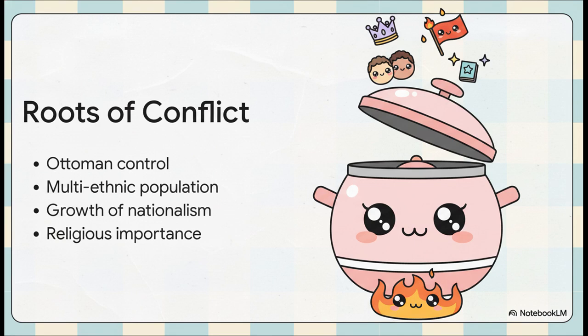We have an expansive territory under strict Ottoman control. We have a highly complex, multi-ethnic, and multi-religious demographic reality. We introduce the disruptive, accelerating force of nationalism demanding localized self-rule. And we center all of this compounding pressure squarely on Palestine and Jerusalem, a geographic focal point of ultimate religious importance. It is the absolute perfect recipe for a geopolitical pressure cooker.